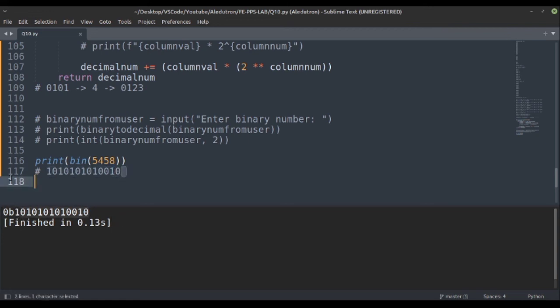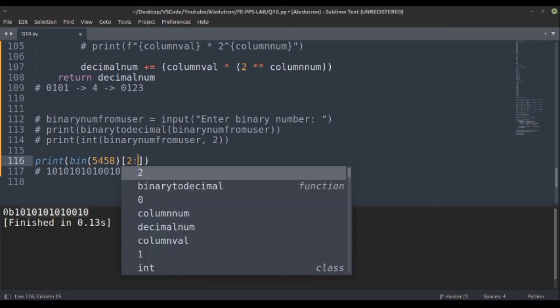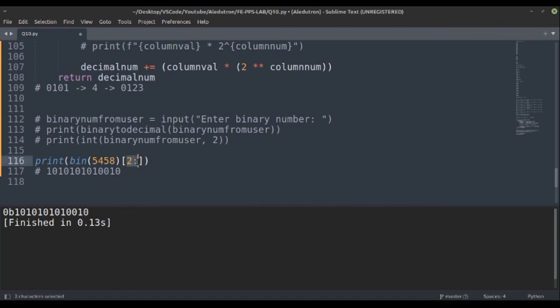We can directly match using Python also. We would take this; it would return a string. So we will basically take the values after this 0b. This is basically slicing of a string. We would start from two values after. So we would start after the first two values up to the end.